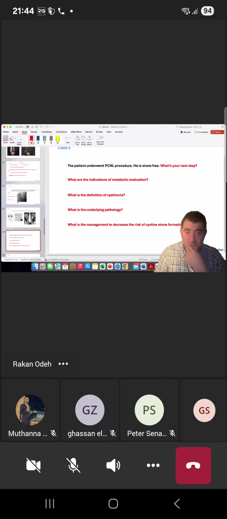So my next step, I'll need to assess the patient in at least 20 days, depending on my procedure: is it a complete clearance or not? Have I left a stent or any nephrostomy? I'll need to assess the patient again in the clinic. In our trust, we do a CT-KUB if there are any concerns, and we assess the symptoms as well. I will take another history and examination, and he will need a metabolic workup because he had a staghorn stone